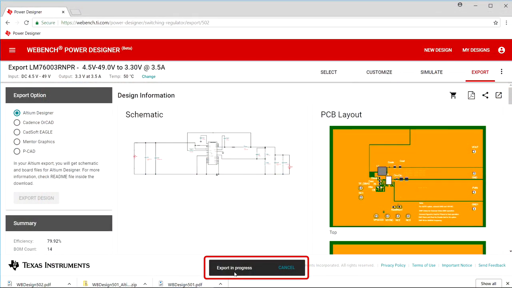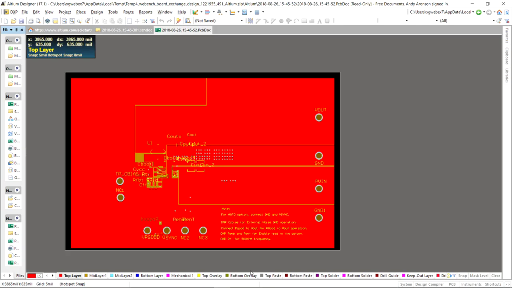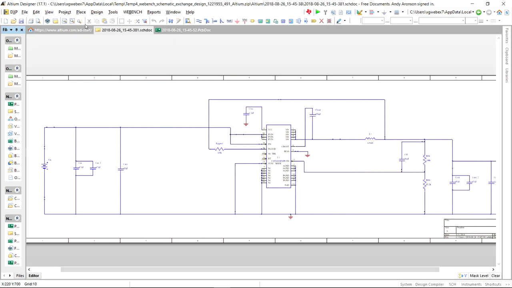What you do is simply unzip the files, put them in the appropriate project folder that you may have created, and that's a real good head start on your design. You can copy and paste it within the tool. So before I started, I took the opportunity of launching Altium, and here you can see the PC board file, and there's the schematic for the design that we just completed.